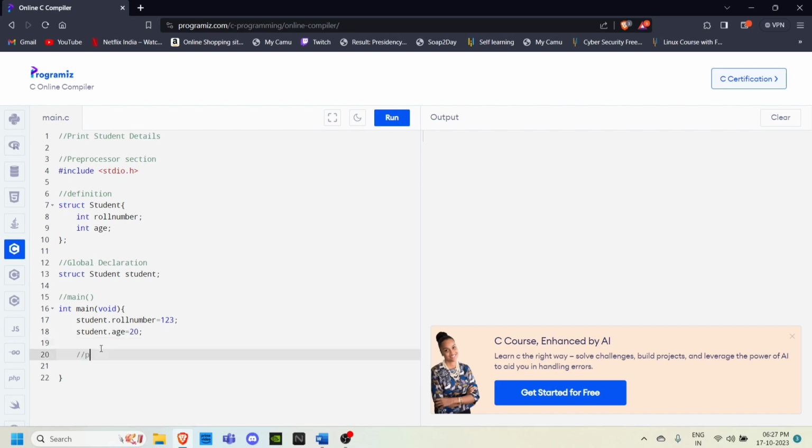I'm going to use the comment line again, printing student details. So I'm going to use printf here. This is why I told you we are going to use this particular line. Without this particular line, when you're going to use printf, it's going to throw errors at you. All right. So printf,